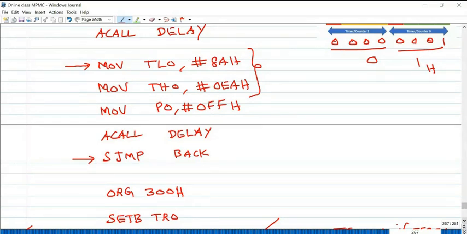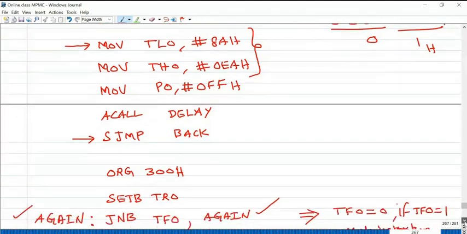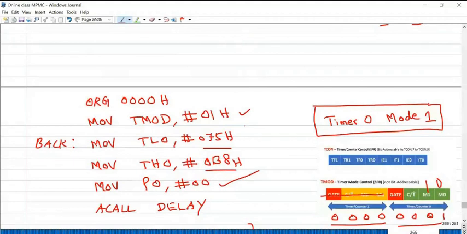We loaded this value according to our 22 megahertz internal oscillator, so you will get 3 millisecond on time. Once returned from this subroutine, jump back and repeat the same procedure again and again.